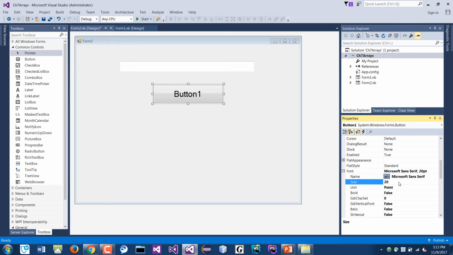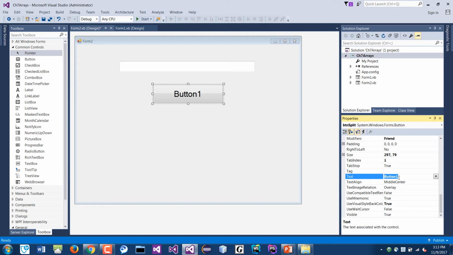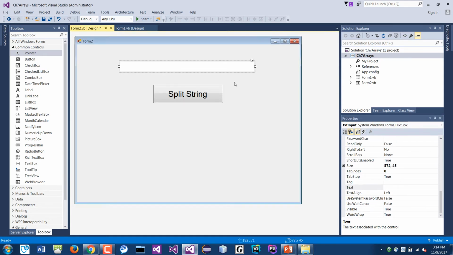I should call this, well, what size 20? This is just a button. I'll call it split. Okay, I'm going to split the strings. So the text will be just split string. And what I mean by split is that I'm going to split it into an array. So you read a string of text here, and you're going to split it by using a special character as